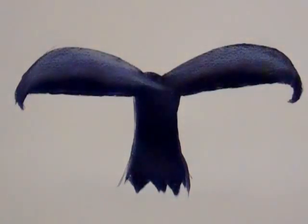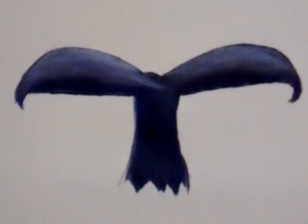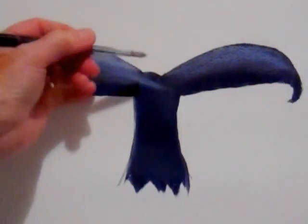See? It's a different looking tail, but I'm doing it for the video so that you can see it. And this is the other one that I was doing, so it's basically the same. You can see the highlights. Same thing. And the little fluke in the middle,